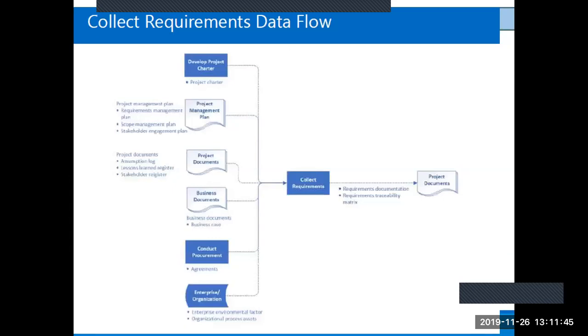And you have the data flow diagram there, what goes into collect requirements, and what goes out. So the project charter comes in to collect the requirements. Remember, this is the primary document at the beginning or creation of the project. The primary project document, actually, because you have pre-documents that gave rise to the project charter, the business documents, which house the business case and the benefits management plan. But then the project charter is the primary document from the creation of the project,